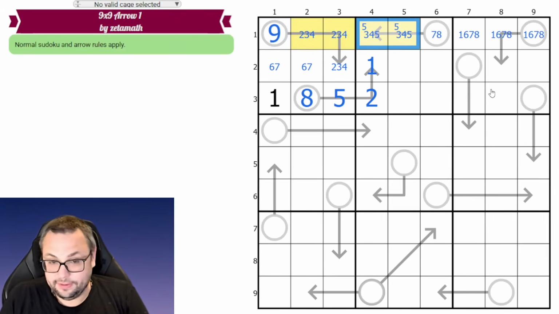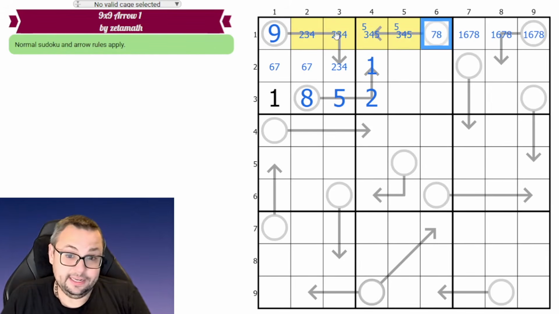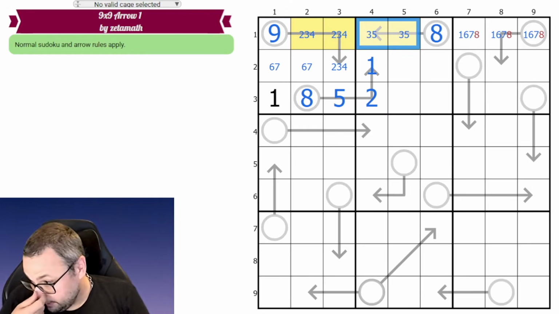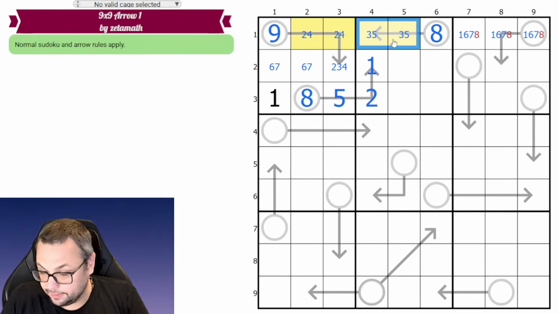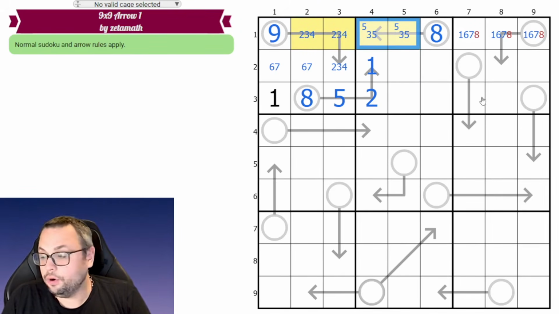But if the 5 is on this arrow, then this arrow needs to be summing to 8, because I can't make 2 plus 5. That's not a valid combination. So this needs to be summing to 8 with a 3, 5 as my pair. And if these digits are 3 and 5, that means neither of these digits can be 3, because that's a 3, 5 pair. Again, just to mention, since I'm using this notation, I should mention the corner mark means